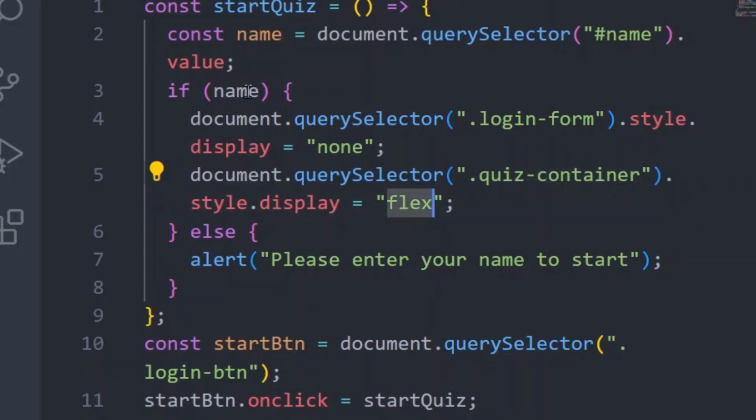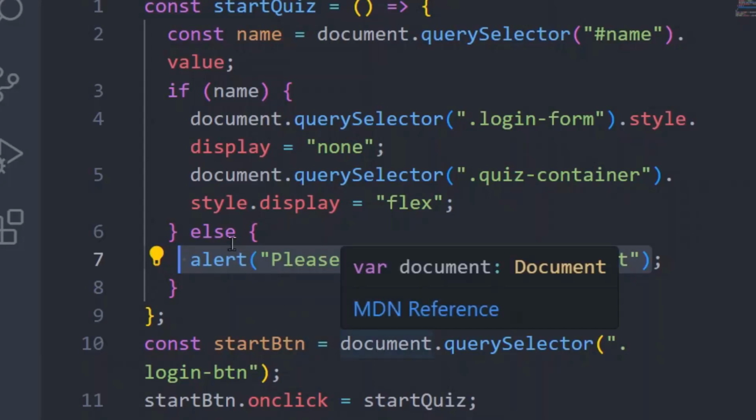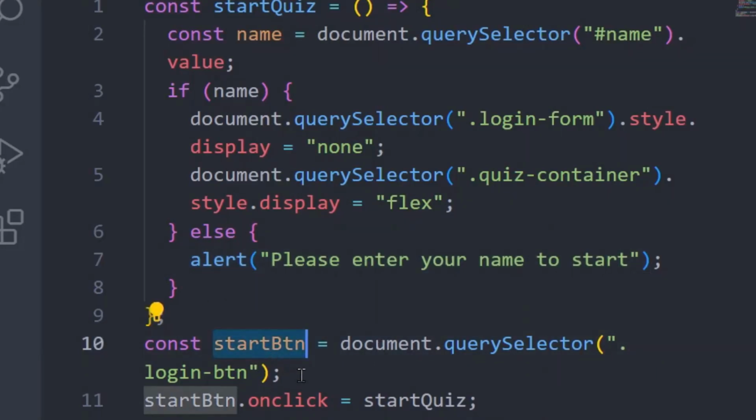But if the name has no value, then we set this alert which says please enter your name to start. After this function, we created this button, or let me say we fetched it from the HTML file and then added a click event to trigger this function once the